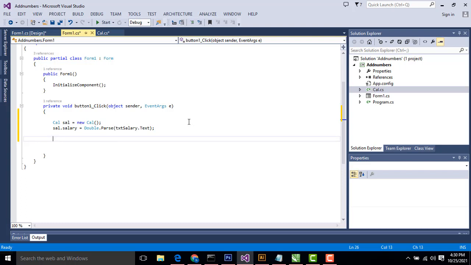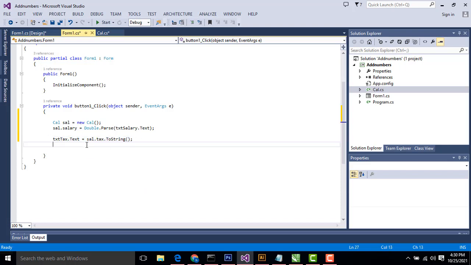After that, we have to calculate the tax and display it here: tax dot text equals. How to display the tax here is salary cal dot tax dot ToString.